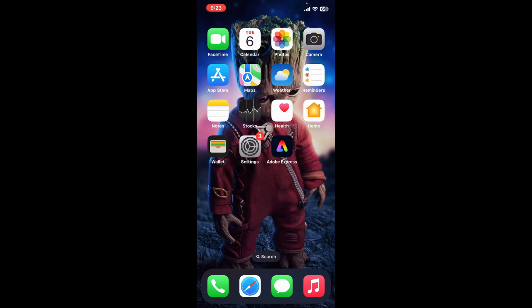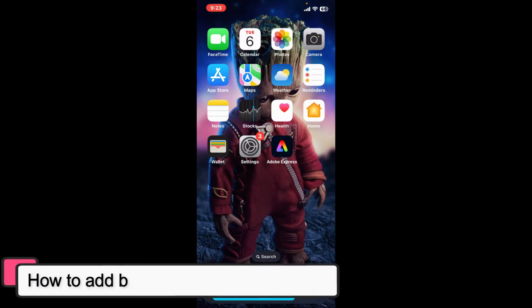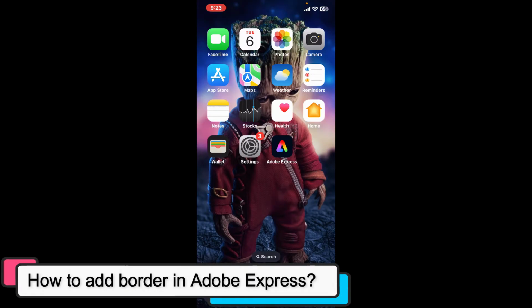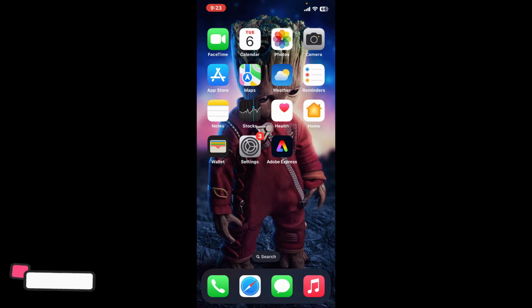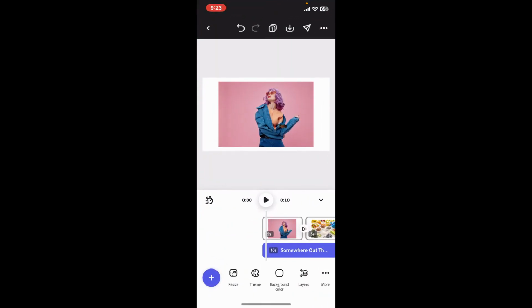In this video, we will be learning how to add border in Adobe Express. You can add border on an image, text or shape in Adobe Express, but in this video, I'm going to show you how to do it on a text. So let's get started. Open up your Adobe Express application and then start up a new project or open up